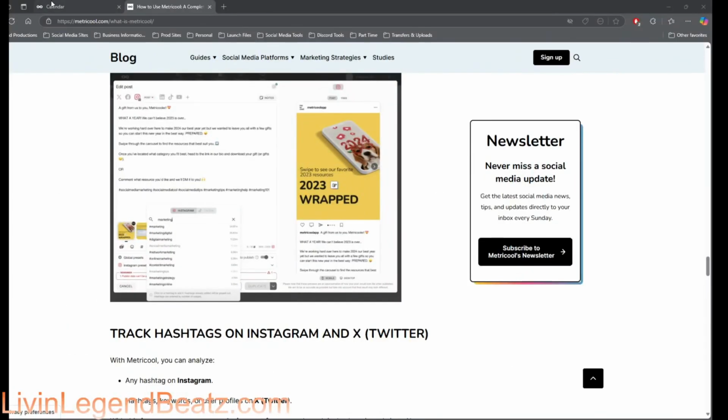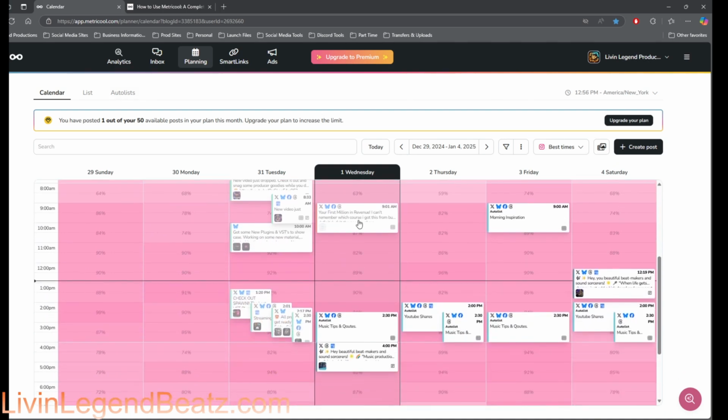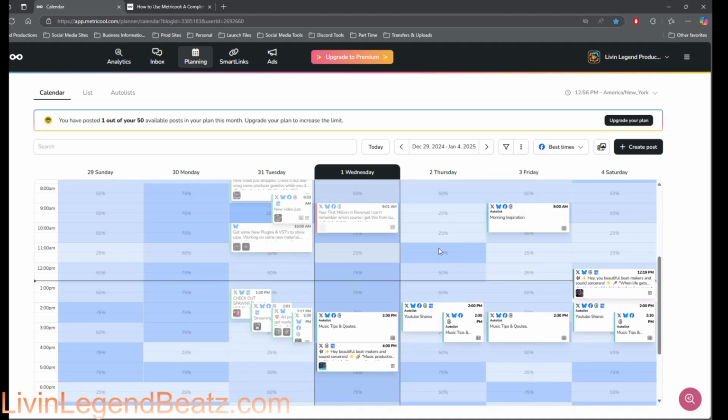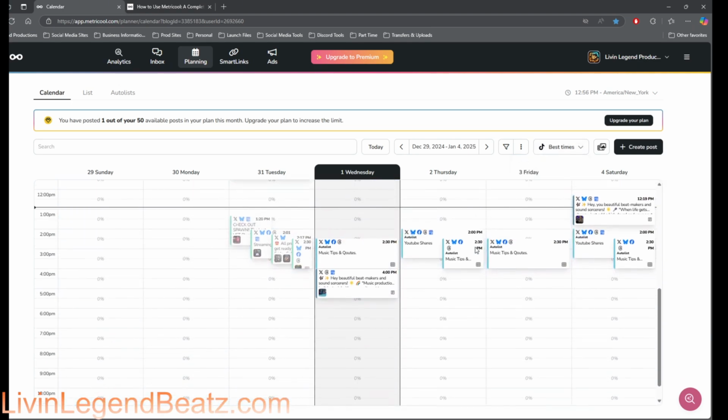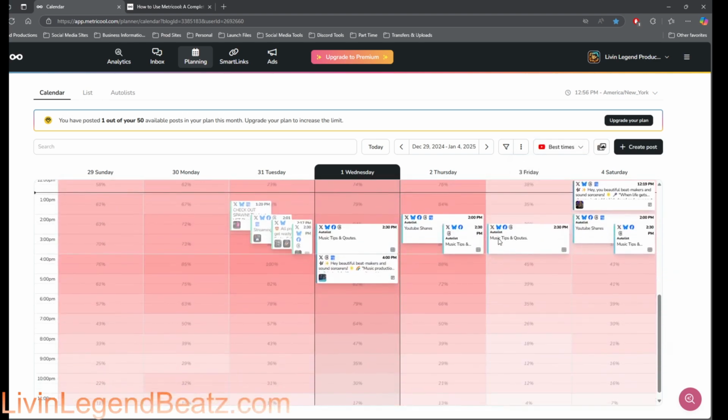You're going to use a content management system or social media scheduler, METRICOOL, and you're going to post content at optimal times for your audience. Now, another cool thing about METRICOOL is that when you start posting, it's going to show you the engagement and what time it's suggested to post. And like I said, you can post to multiple social media. So when you click through the browser, you can see the different times that are best to post to each different platform.